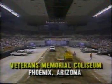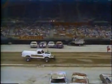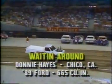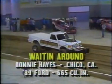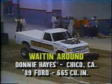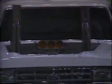Veterans Memorial Coliseum. This is Ken Broo speaking to you along with Mike Gallaway in the middle of the super modified competition, 6,200-pound trucks. And next out of the chute will be Donnie Hayes in the Waiting Around. Chico, California, home for Donnie. 89 Ford, 665 cubic inch engine, kind of a strange number. That's not a misprint either. It is actually